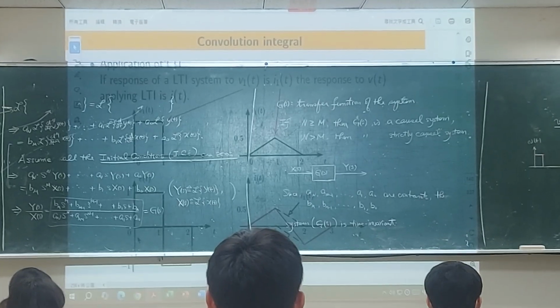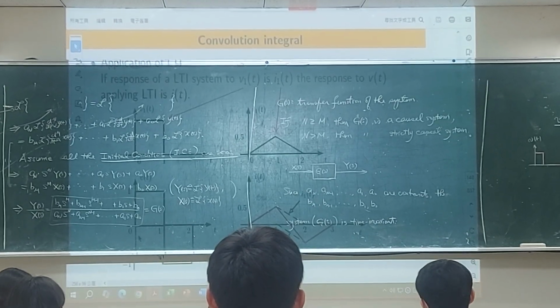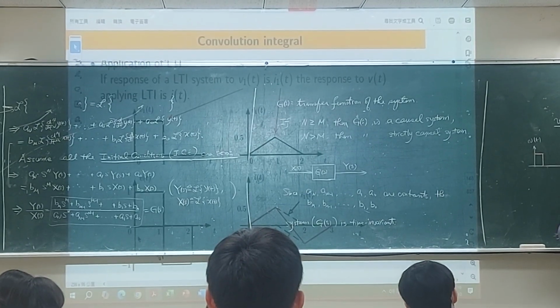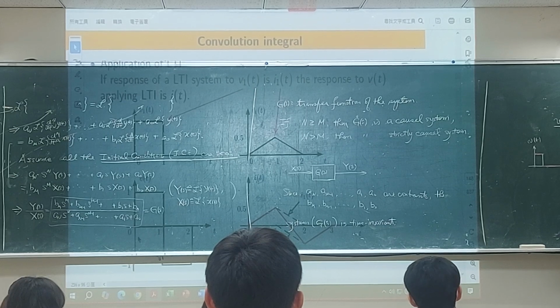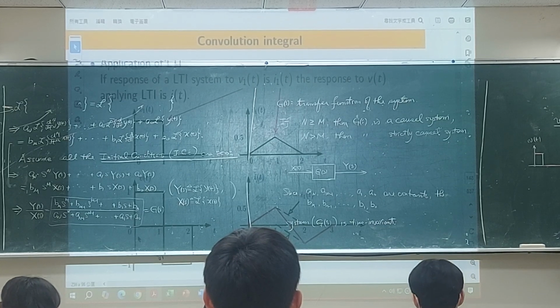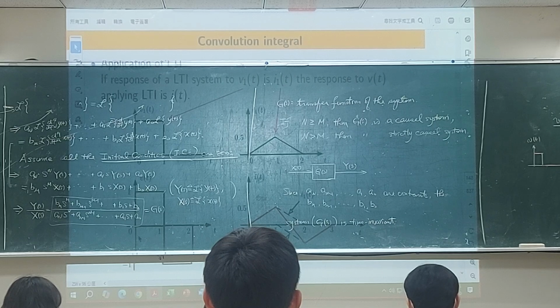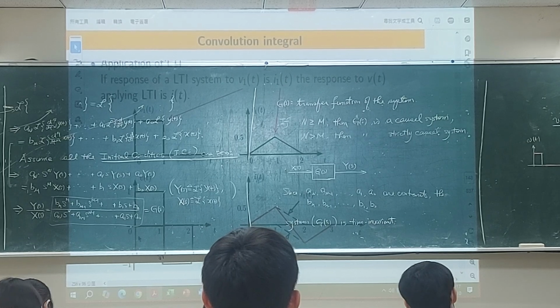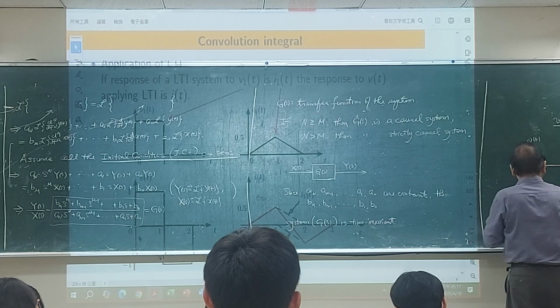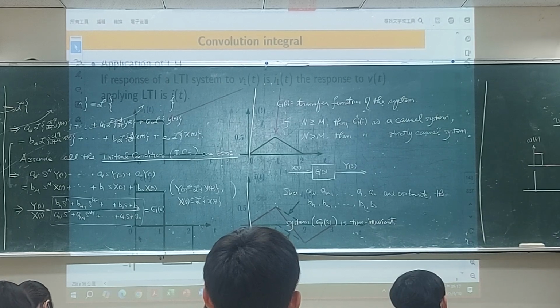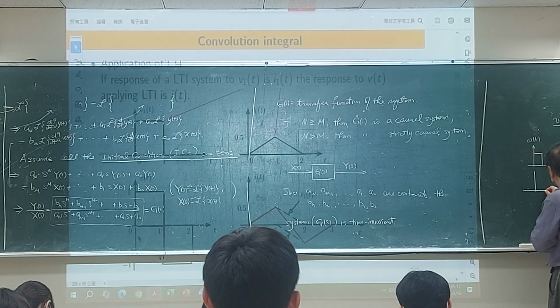Let's assume this system G is linear time invariant. Linear time invariant. Okay. Now, if my input signal becomes this one, okay,